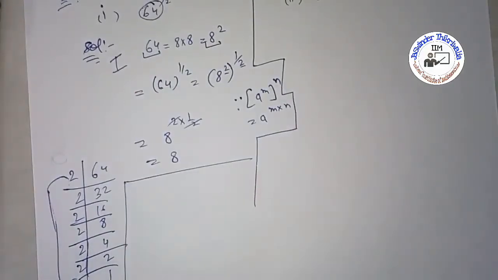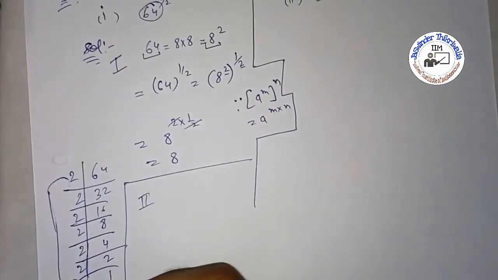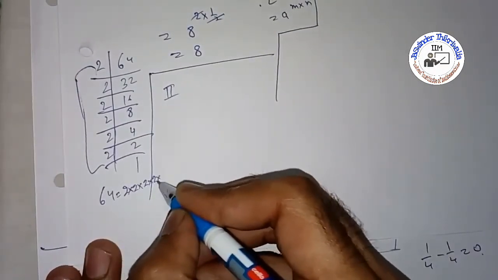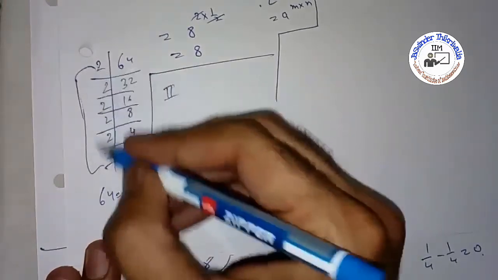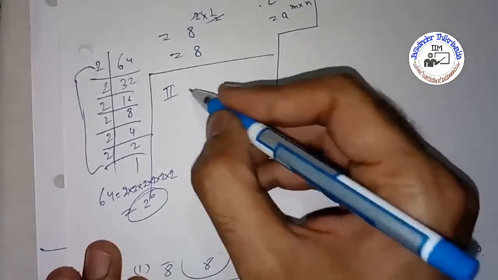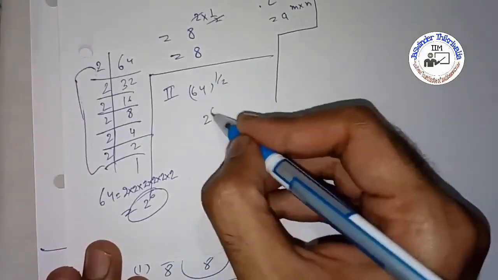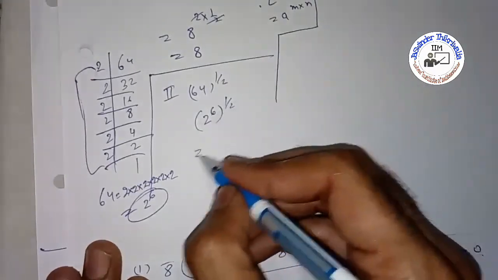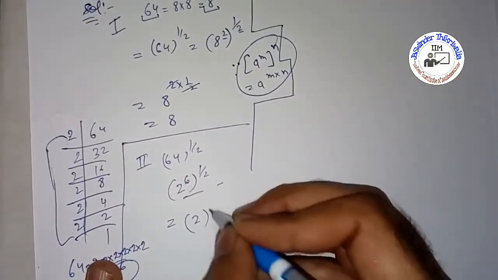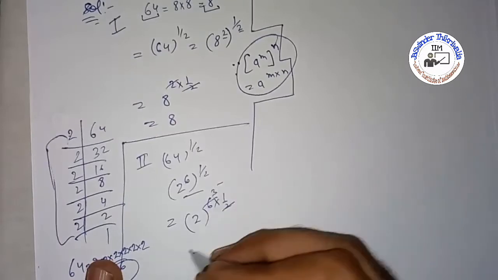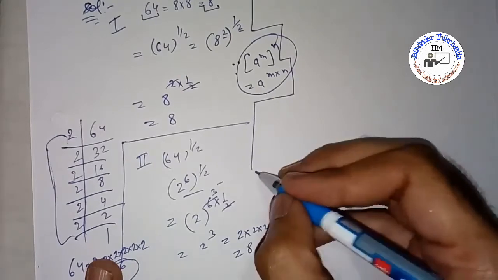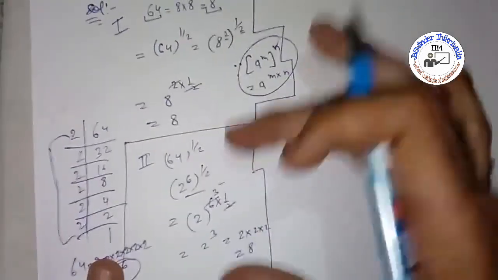Second method I can tell you, you can also write 64. How can you write 64? We can express it as 2 into 2 into 2 into 2 into 2 into 2, because 64 is the product of 2's power 6. Okay, so then 64 to the power half we can replace with 2 to the power 6 into 1 by 2. It will be quite simple, power on power. For power on power this law is there. So we will multiply the power 6 with 1 by 2, which is 3. So it will be 2 to the power 3, that is 2 into 2 into 2. What will we get as the answer? 8. Okay, this is somewhat complex, this is simple.